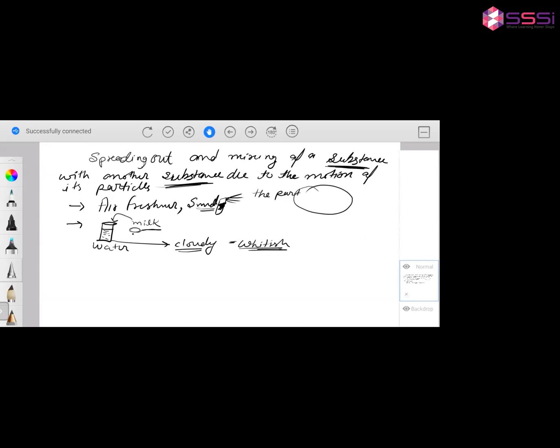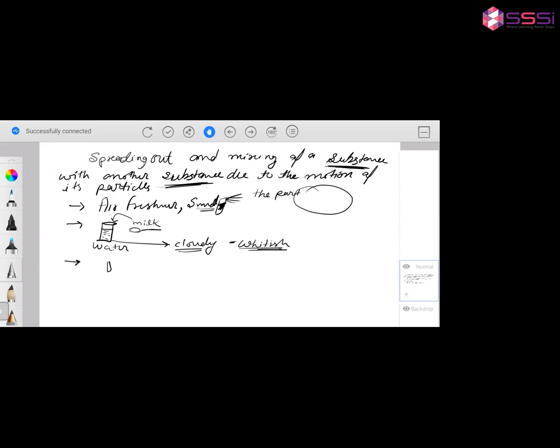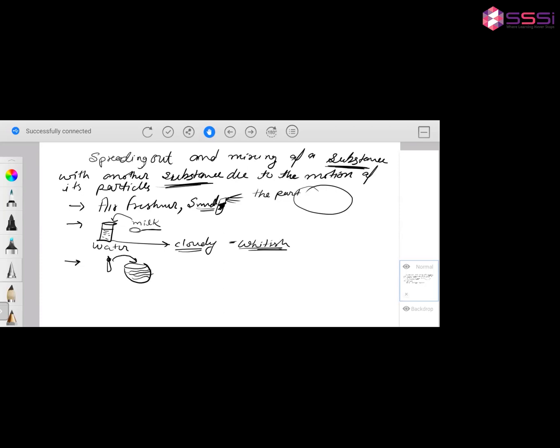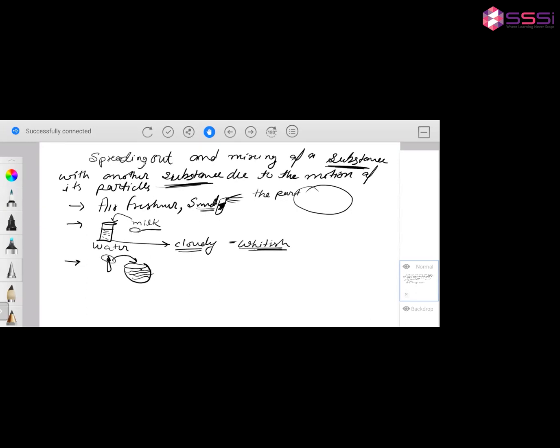Okay, Harshika, you like painting, I guess. Yeah. Whenever there's a brush in your hand, whenever you clean your brush in water, when you clean your brush in water, then the color on it changes the color of the water. That color is a substance. That water is a substance. Now this color diffuses in the water. That is also diffusion.